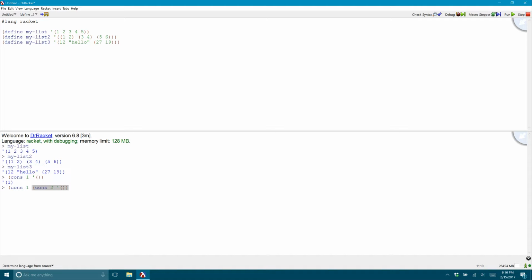We can cons 1 to the cons of 2 to the empty list, right? So cons 2 actually creates the list with 2 in it, and then we can add 1 to it, and that will create the list 1, 2. So we can build lists this way. We can actually build lists of lists this way, and we can put together